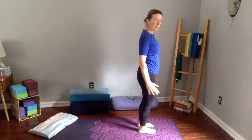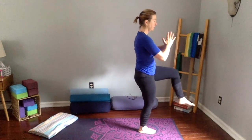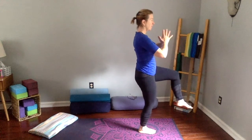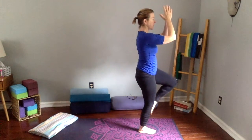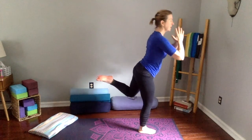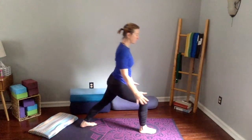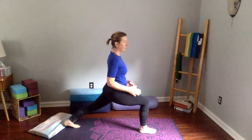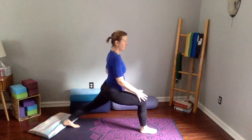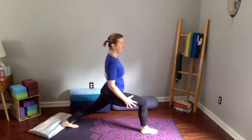Beautiful. Let's come into a little balance here. We're just going to lift up the left knee. Take the crown of your head up. Let's take the left leg back behind us. We're just going to take a little step back so we can find ourselves in this high lunge position. This is really, really nice, not only for the ankle, but also for the legs. All of the muscles in the feet and the legs here are working,